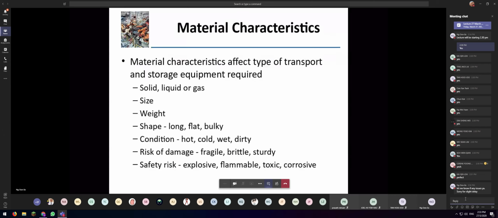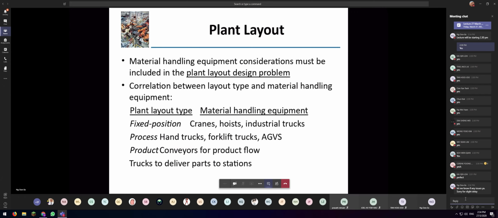The condition it needs to be in. Some things need to be refrigerated. Some things are dirty. There can be a risk of damage for fragile or brittle items, and there can also be a safety risk. Is it poisonous? Is it corrosive? Could it be explosive in the wrong conditions? Is it flammable material? So material handling equipment considerations is one of the more important things you need to consider